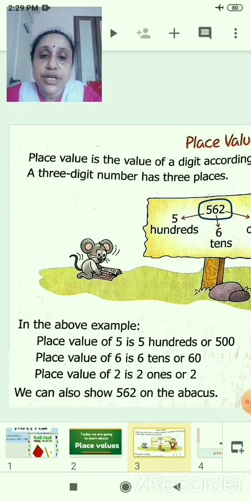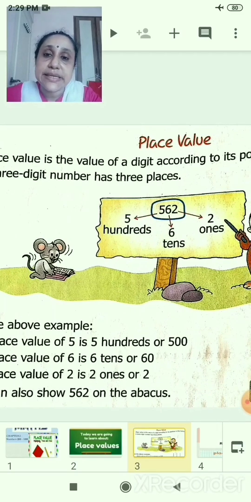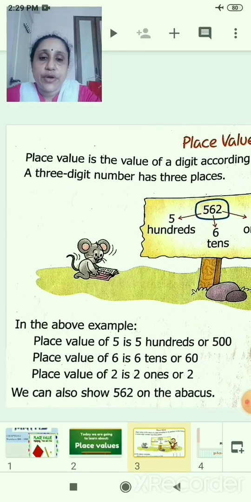A 3-digit number has 3 places, and now see 562. So place value of 5 is 500s. You can write like this in the number names, 500s or 500. Now place value of 6 is 6 tens.